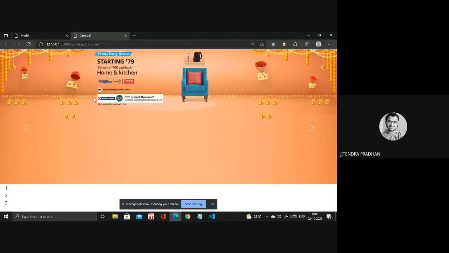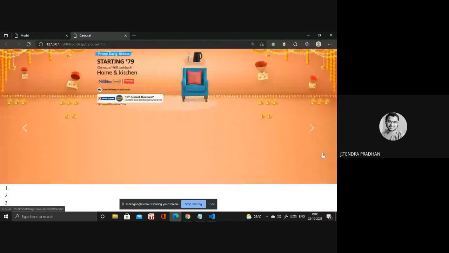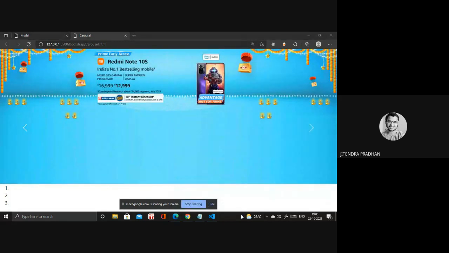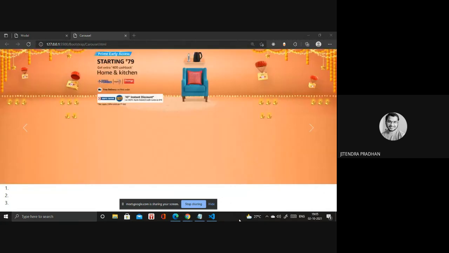Okay, it will be shown in that picture instead of the other picture, so it moves automatically. It moves automatically and you can control it by clicking the previous button and next button, whatever control button you need.